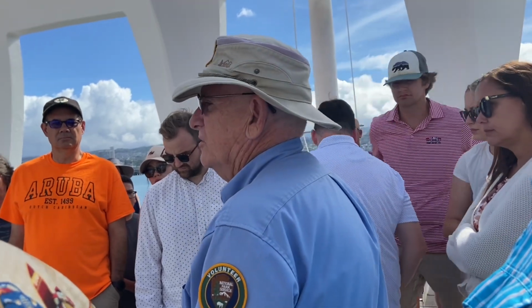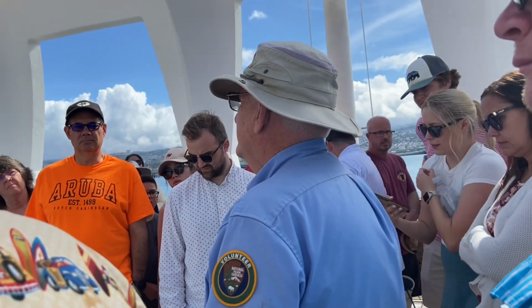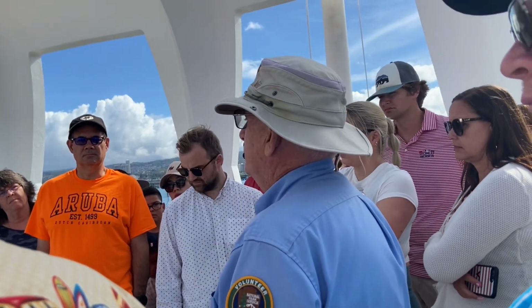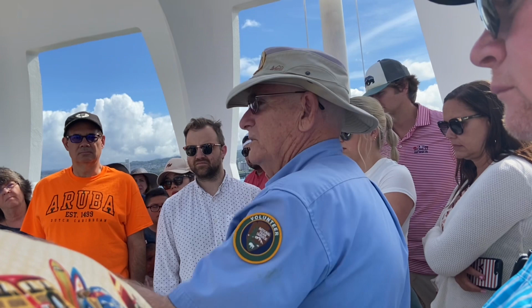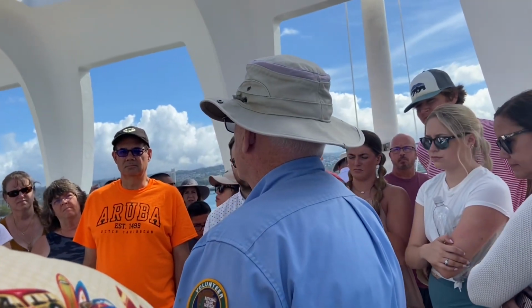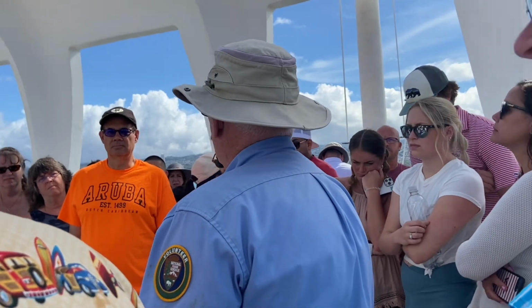How many ships are still on the bottom? Two. Us and the Utah. The Utah is located on the opposing side of Ford Island. This is Ford Island you see sitting here, directly even with us. About a week before the battle